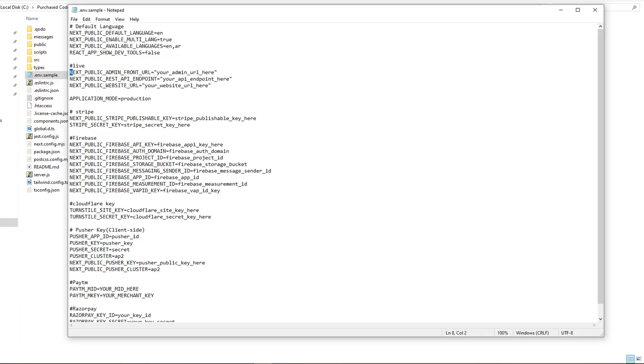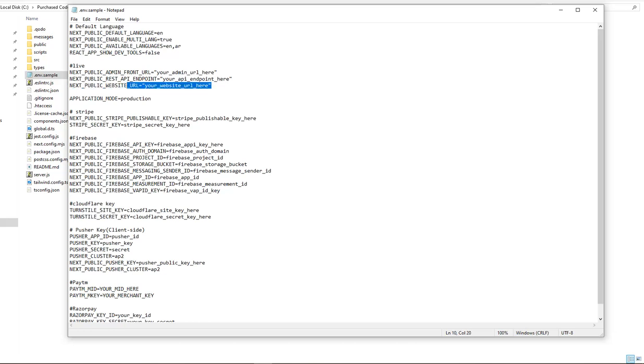By default, the public admin URL is where your admin portion will run. The REST API endpoint is the endpoint where your API is already uploaded. Next, public website URL, your public website URL,